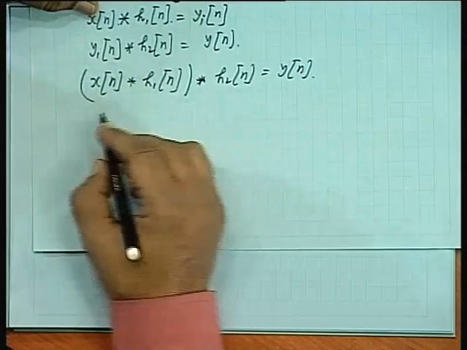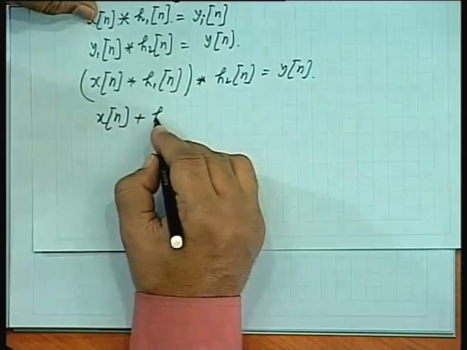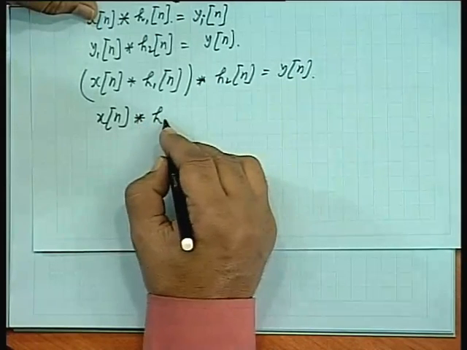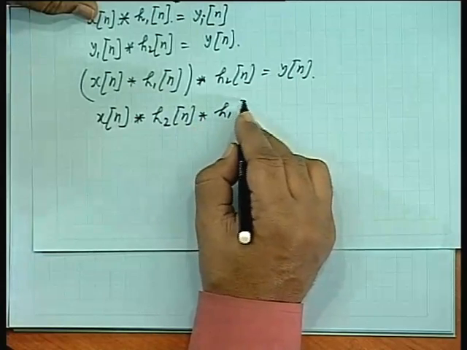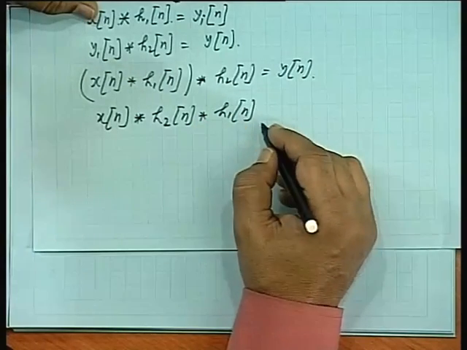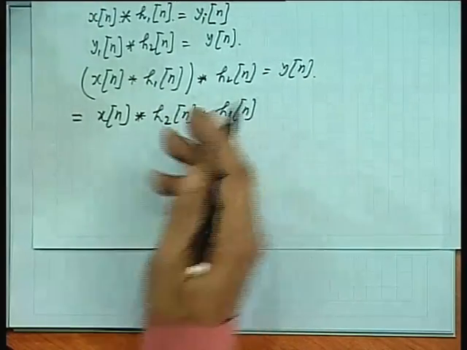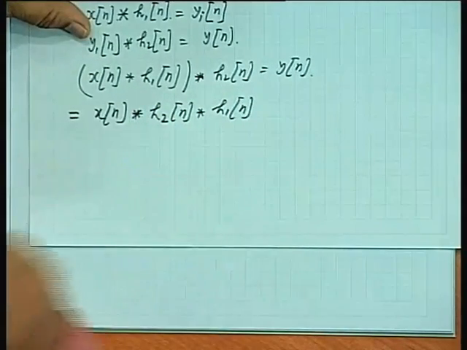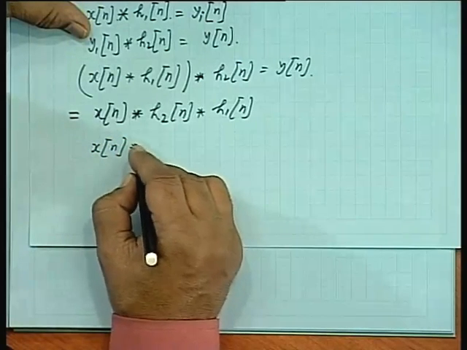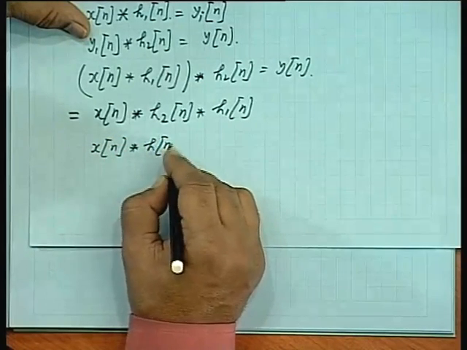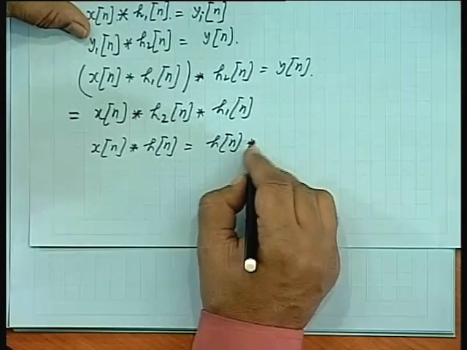That means x n star h2 n star h1 n will be the same as this. You can also see x n star any h n can be written as h n star x n,